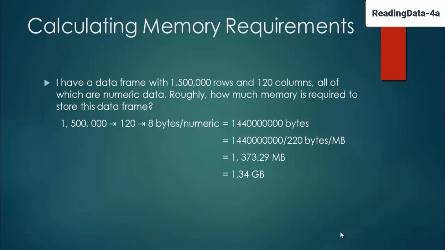So let's say there are like 2^20 bytes per MB, and your data set will lead to 1.34 GB, which is approximately 1374 MB. So this will be the memory requirement for working on this set of 15 lakh rows of data. Now if you have 2 GB RAM capacity, you can directly go with it, which will be a little slower. But if you have a 4 GB RAM or more than that, this will be much faster. Moving on,